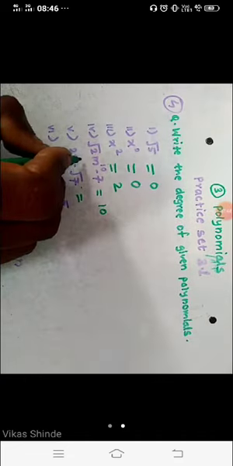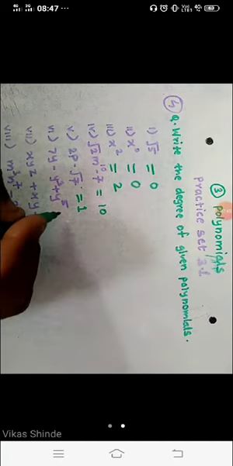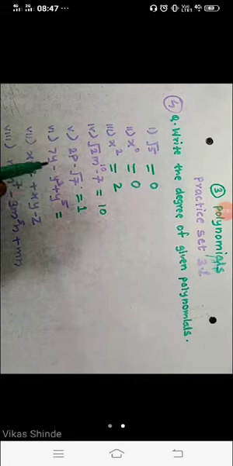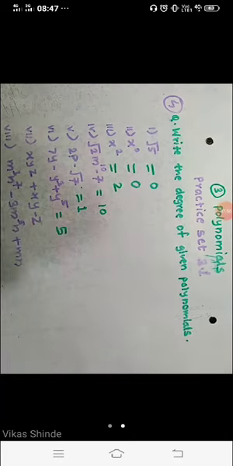If you look here, here is nothing means always index 1. So write here 1, student. Here we have to write only the maximum index, student. Here is y raised to 5, here is y raised to 3. So this one is bigger here. So right now the degree is 5.